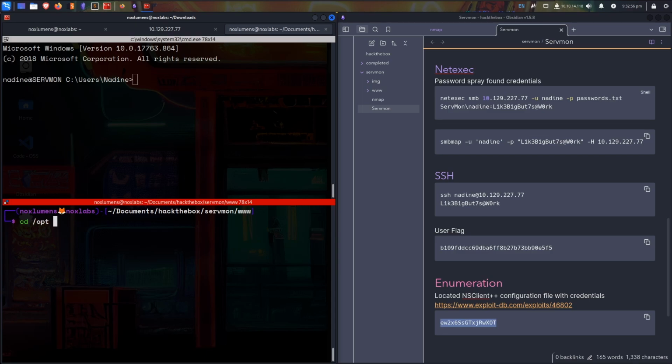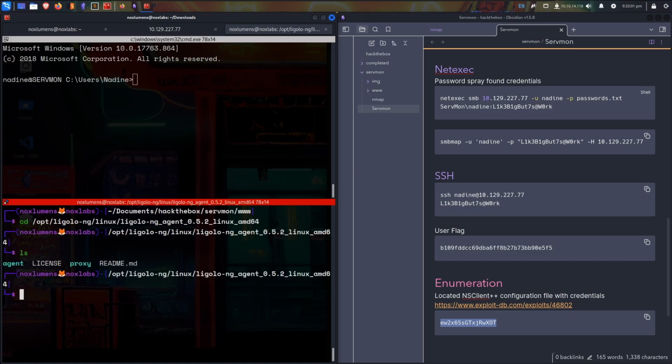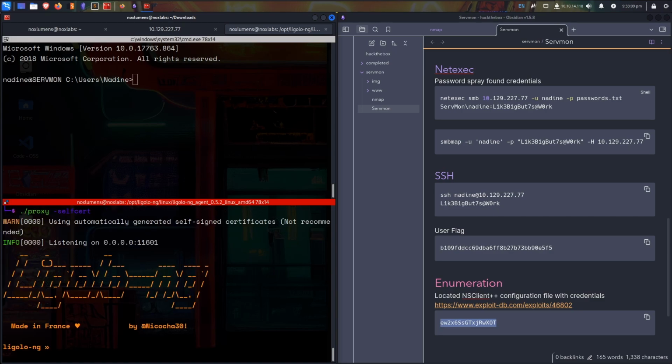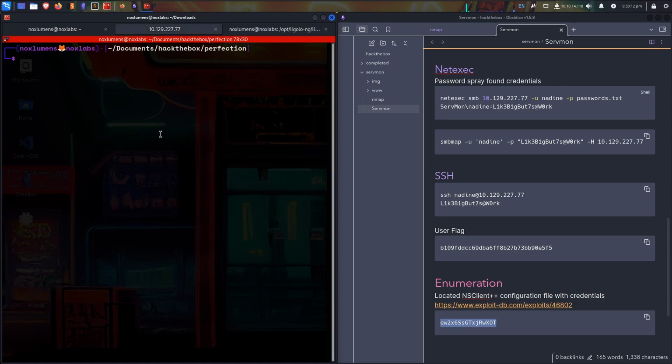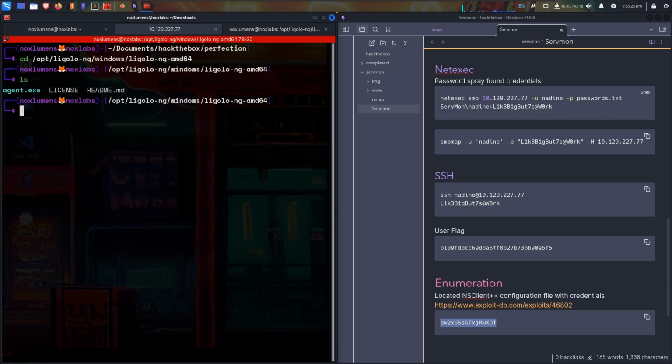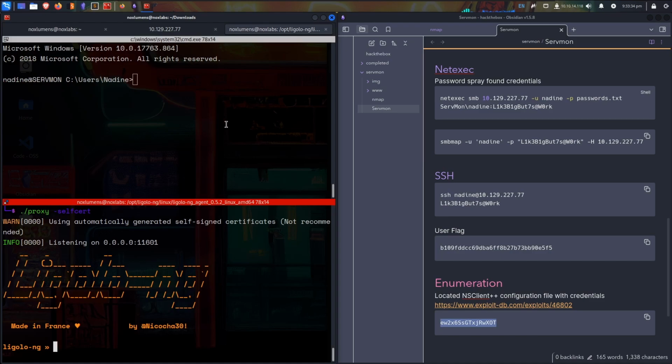this. CD opt, solo, proxy, self-cert, solo, CD opt, ligolo. Actually, we need Windows, Python 3, agent.exe,